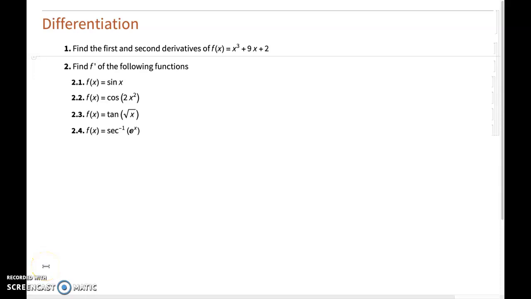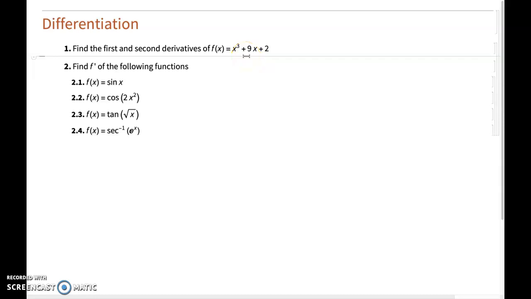Welcome to a new video where I'm going to show you today how to carry out function differentiation using Mathematica. I've compiled a short list of problems and I'm going to go at them one by one. So the first one is we're required to find both the first and the second derivatives of this simple polynomial,